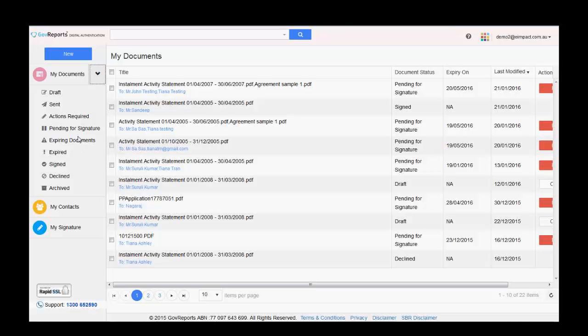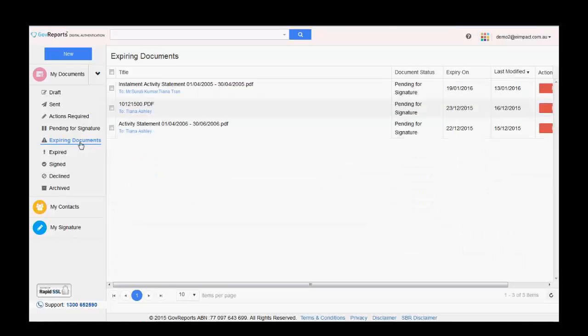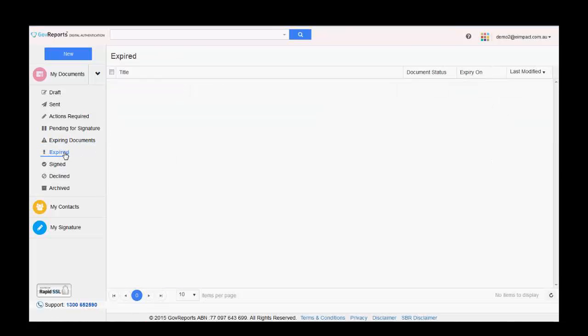Expiring documents are those documents that are close to expiring. So if you've got documents expiring, it means that you should contact the client and say, hey, we still haven't got your signature. Please have a look at it again. We've been sending you reminders, but it doesn't seem that you're responding to it. Is there any reason, etc.? So you need to follow up. Expired documents, the same thing. You can use that expired document and resend it to your client